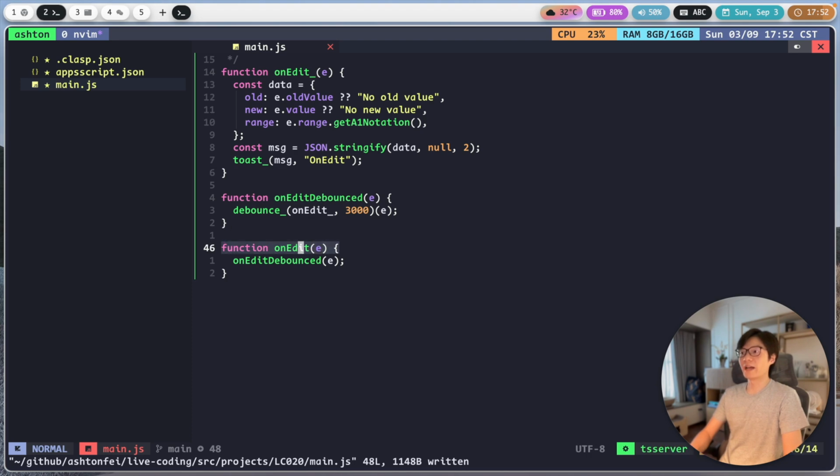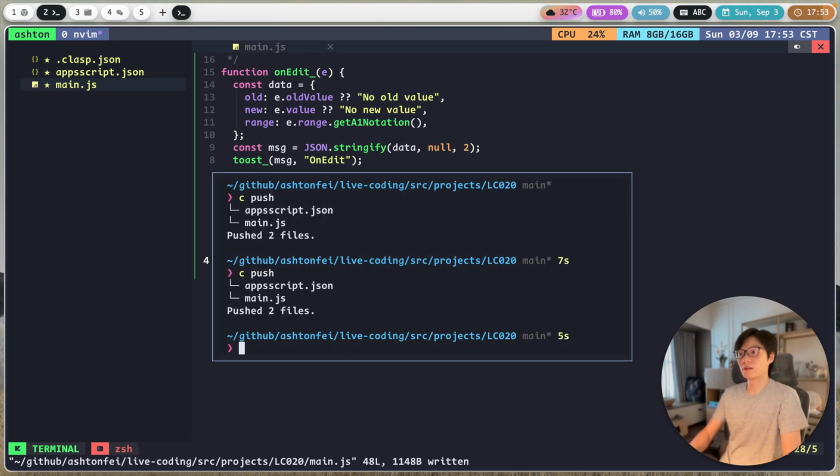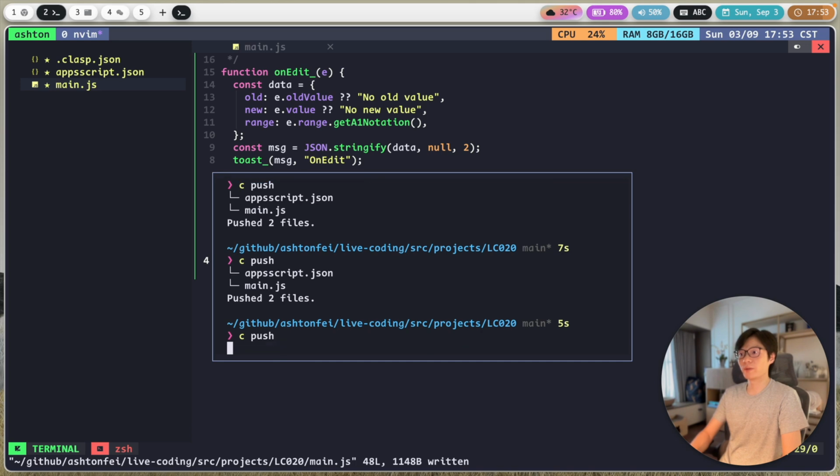So this onEdit is the trigger function, and it's going to fire this onEdit debounced version. So it's going to call this version. So this is going to be the change. Let me show you what I mean here. If I push the code,